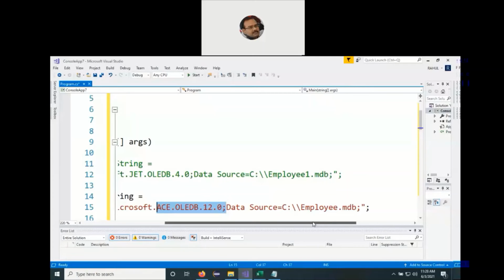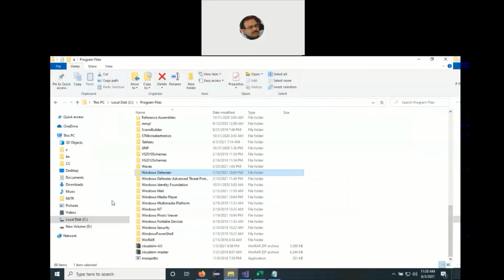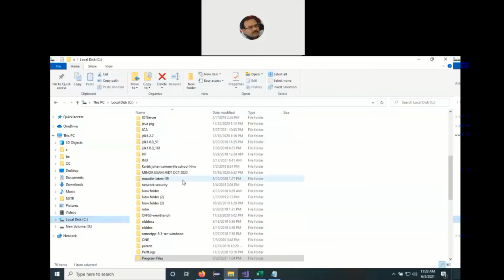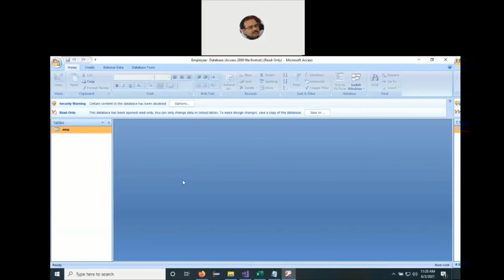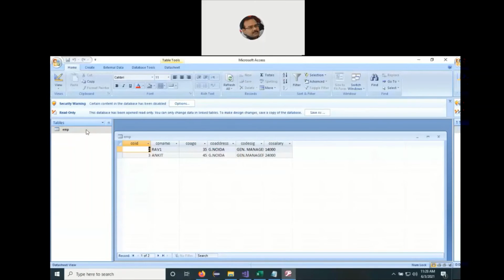So we have seen the description of the Access database. It is containing 6 columns. If you were not present yesterday, then we can have again the information about the Access database. So we go to the employee database. This is the Access database on our system. The name of the database is employee, and it contains the table EMP, and it's containing 6 columns: ID, name, age, address, designation, and the salary.